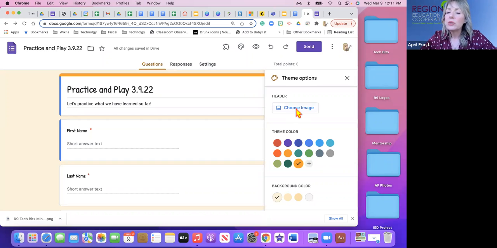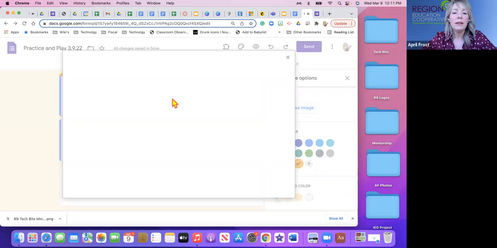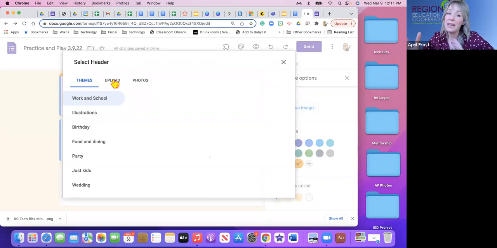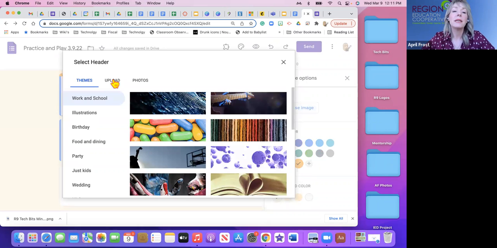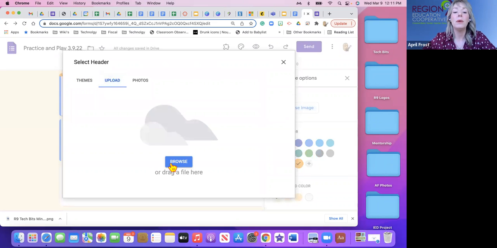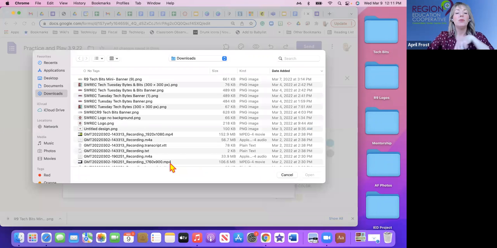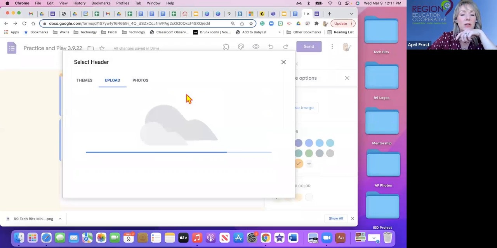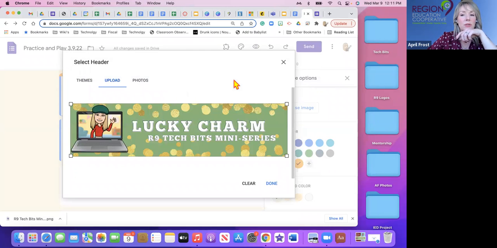All right, so to choose an image, basically you select that. What I want to do, since I created a banner and it's on my hard drive, is upload that photo from my actual computer drive. So I'm going to browse. And if you notice, it loads up all the things that I've downloaded and I find it right there. Now you can access your downloads, your documents, your desktop. But in this case, I'm already in my downloads. I see my banner right there and I'm going to click on it and it's going to insert it. It's what I want. And I click done